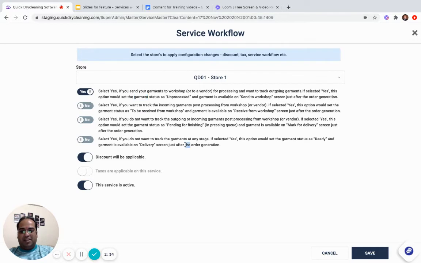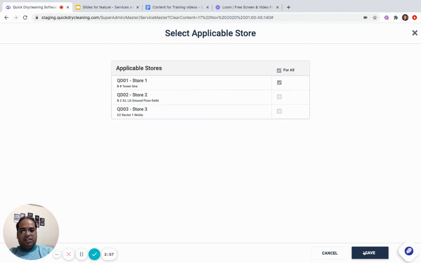You can mark it ready automatically, or you can use one single stage, pending for finishing, or you can use to be received from workshop if you want to track incoming garments, or you may select unprocessed or send to workshops screen if you want to track outgoing garments. Now, while selecting a particular stage, when you click on save, here, if you want, you can have the same